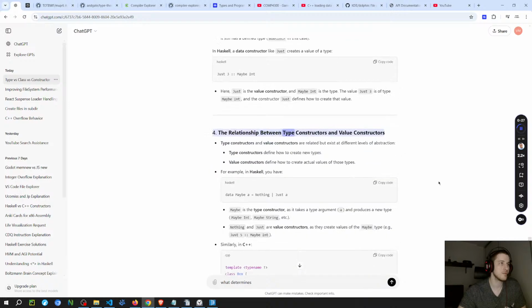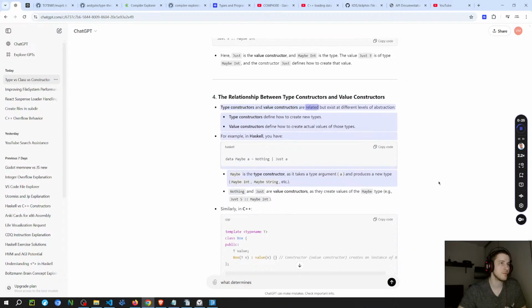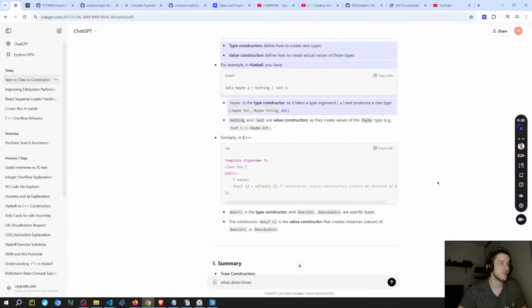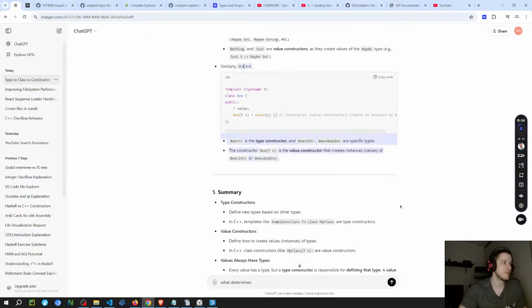4. The relationship between type constructors and value constructors. Type constructors and value constructors are related but exist at different levels of abstraction. Type constructors define how to create new types. Value constructors define how to create actual values of those types. For example, in Haskell, you have data Maybe a = Nothing | Just a. Maybe is the type constructor, as it takes a type argument a and produces a new type: Maybe Int, Maybe String, etc. Nothing and Just are value constructors, as they create values of the Maybe type, e.g. Just 5 :: Maybe Int. Similarly, in C++: template <typename T> class Box { public: T value; Box(T v) : value(v) {} };